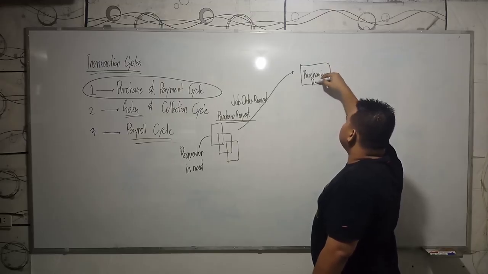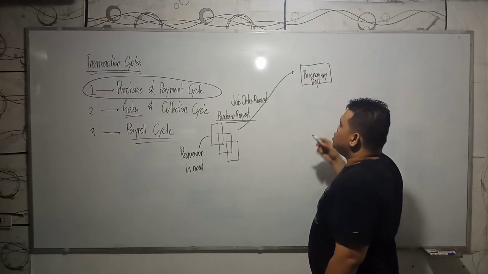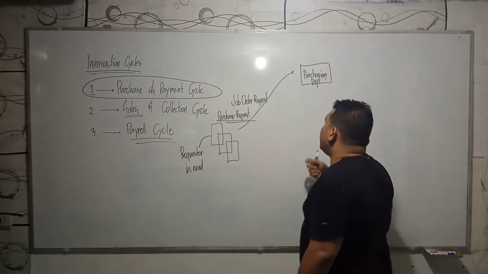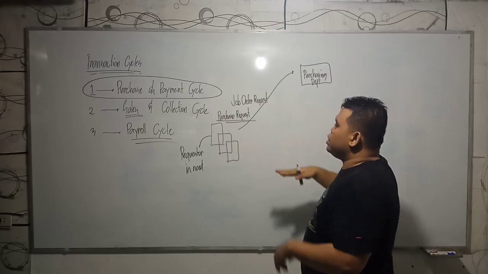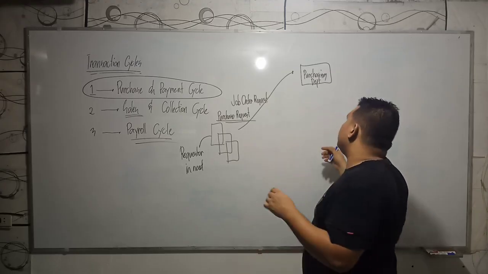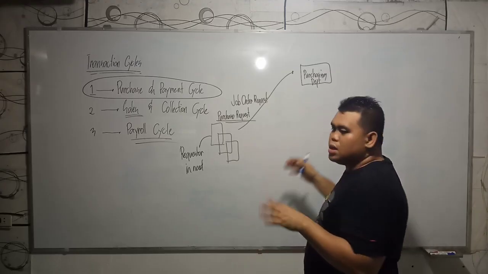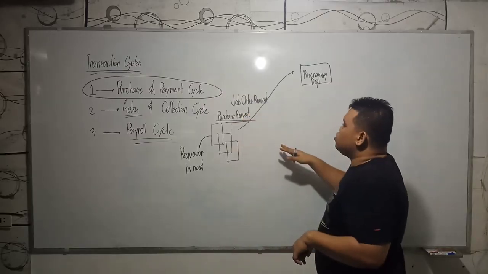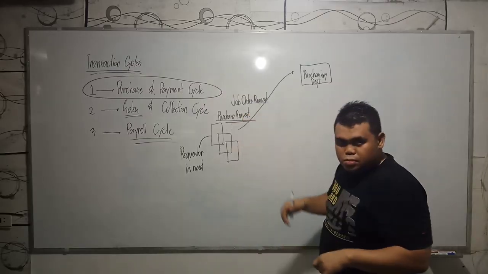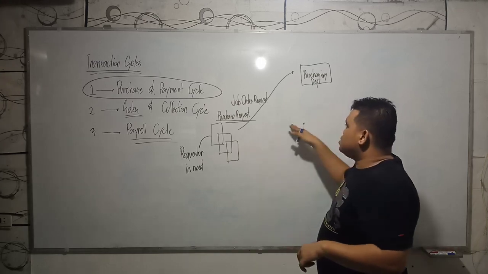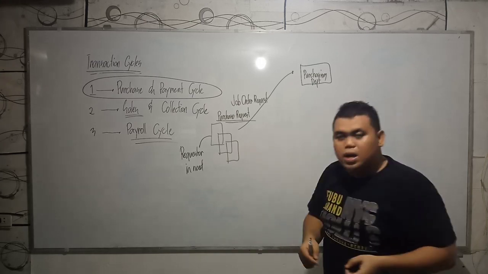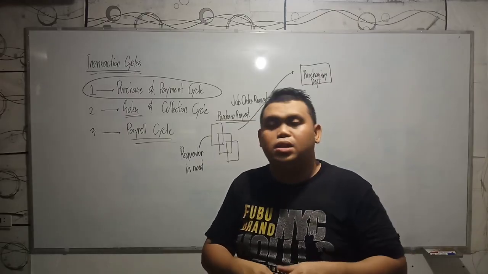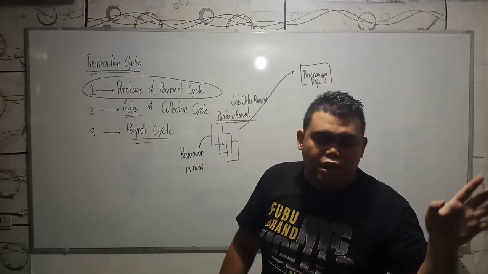Such purchasing department will check if ever there are items still, like for example, maybe in the warehouse there are still supplies like bond paper. So it will not need to make a PO already. It will communicate with the warehouseman, and then the warehouseman will release the requested items. Basically, it's just like that, right?